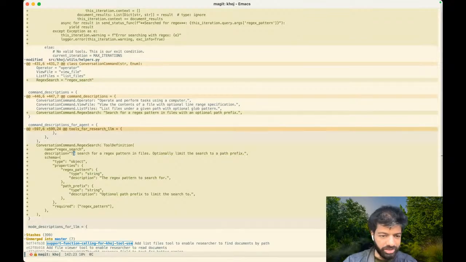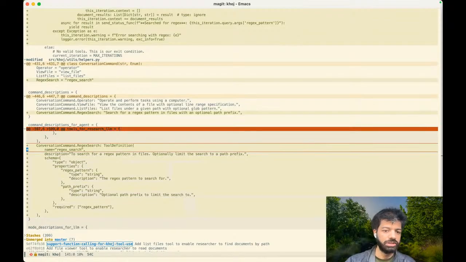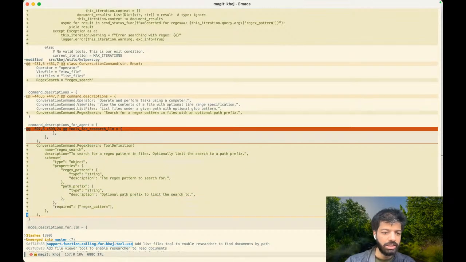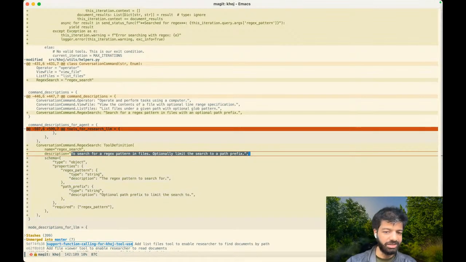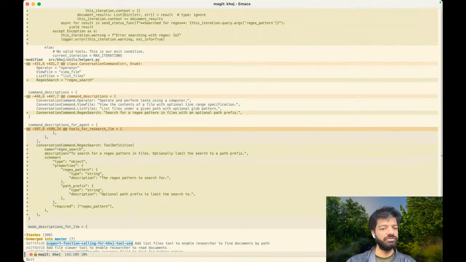names. This part is kind of important, which is what the LLM sees, this is the standardized tool call. And so this is what the LLM will see. This tool call will get formatted into the LLM-specific format, but basically this is specifying that this tool searches for a regex pattern in files, optionally limiting the search to a path prefix.